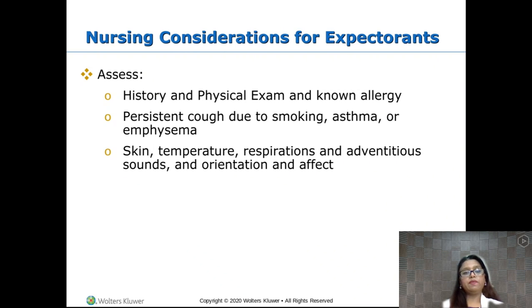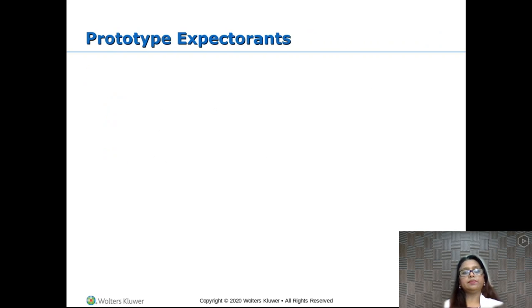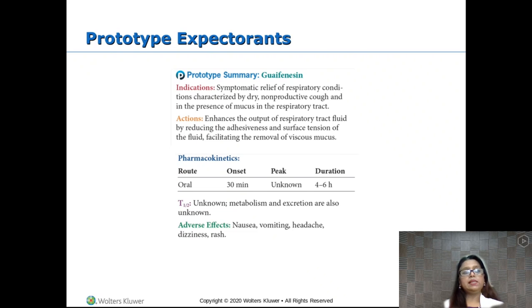We will always check the history and physical: allergies, persistent cough, any asthma, emphysema, which are underlying lung conditions, skin temperature, respirations, adventitious lung sounds, orientation, and affect. An example is guaifenesin. Symptomatic relief of respiratory conditions characterized by dry, non-productive cough in the presence of mucus in the